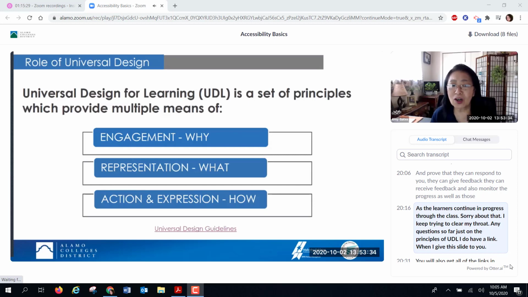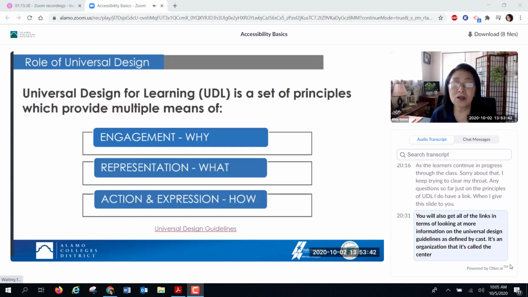Any questions so far just on the principles of UDL? I do have a link when I give this slide to you. You will also get all of the links in terms of looking at more information on the Universal Design Guidelines